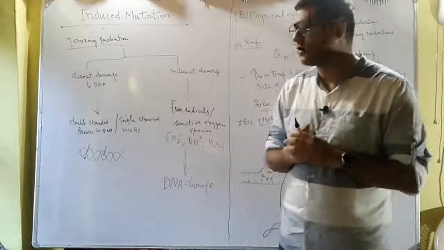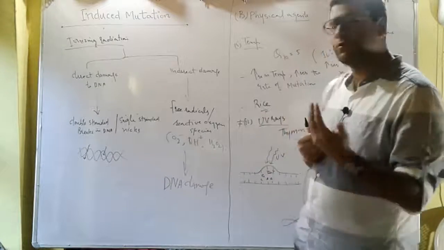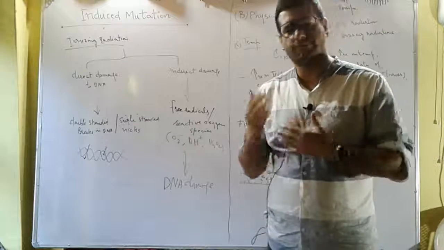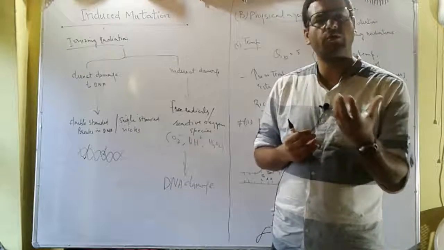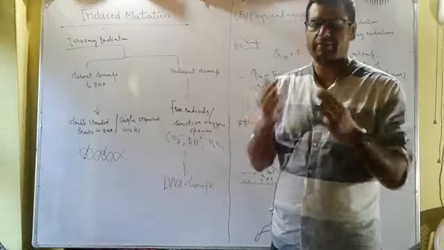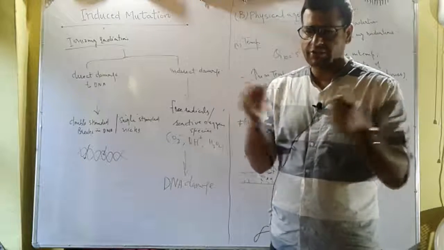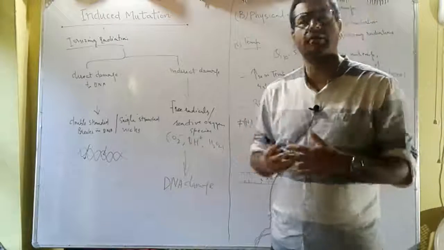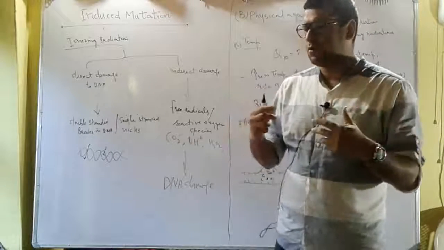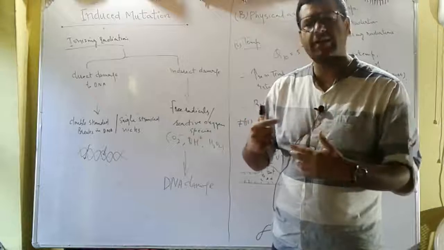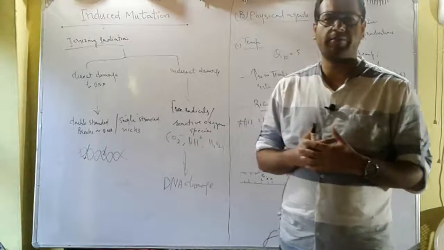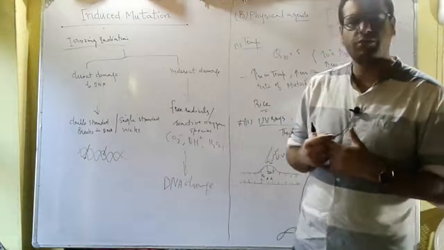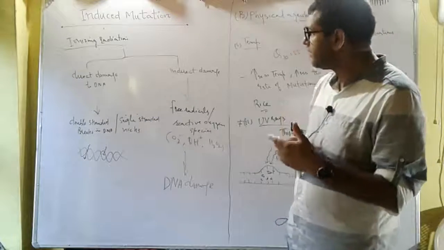और दिस कॉज द म्यूटेशन। देन वी हैव गॉट अनदर टाइप, अल्ट्रावायलेट रेज। अल्ट्रावायलेट रेज का सबसे ज़्यादा ड्रास्टिक इफेक्ट यह है कि वो थायमिन डिमर्स बनाते हैं। थायमिन डिमर्स किस तरह बनते हैं? जो एडजेसेंट थायमिन रेजिड्यूज होते हैं वो लिंक हो जाते हैं बाय मीन्स ऑफ द कोवलेंट बॉन्ड, और फिर वो रेप्लिकेशन और ट्रांसक्रिप्शन में एक बाधा बनते हैं, जिसकी वजह से म्यूटेशन अराइज हो जाती है।